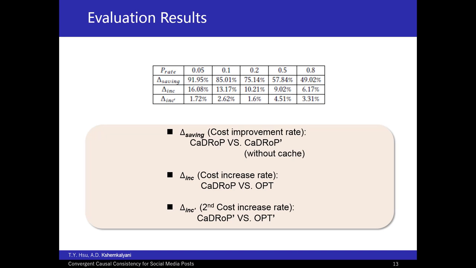The OPT solution is an optimal replication approach and is proposed in the catch-up replication strategy. It already knows the exact temporal and spatial data object access patterns in the future. Therefore, the OPT solution can figure out the optimal object placement for each data object per time slot. The delta increase plot, which is the second cost increase rate, presents the comparison between catch-up and OPT without cache